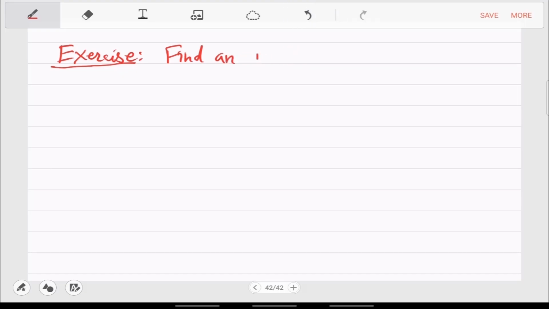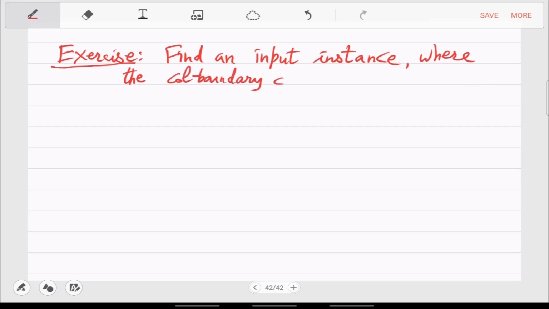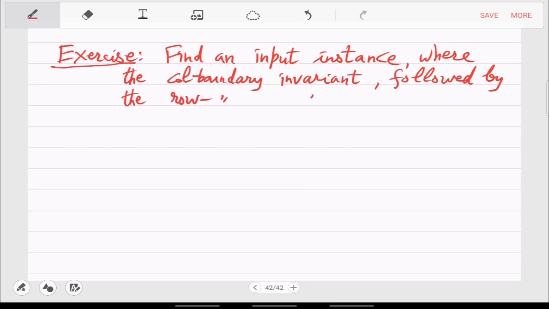So find an input instance where the column boundary condition or invariant followed by the row boundary invariant doesn't give the right answer.